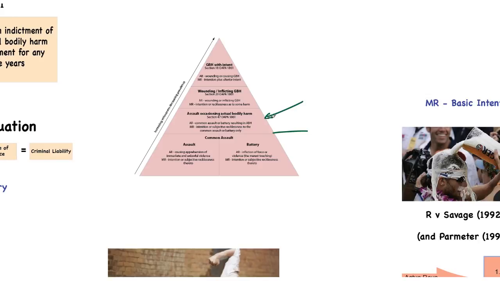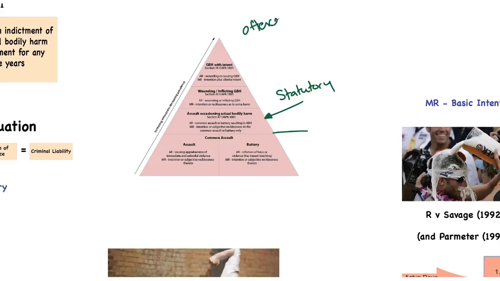starting. And the key difference that you should immediately note is that we're at the start of the statutory offences. If you remember, we've looked at assault and we've looked at battery, and both of those were created and defined in the common law. They're collectively known as common assault as a result. But now we're into the statutory offences, and the piece of statute that we're going to look at is the